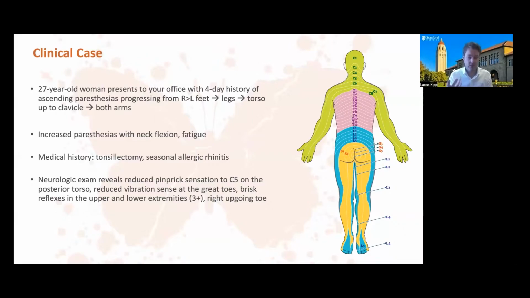Does anyone know what it's called when you bend your neck forward and neurologic symptoms get worse? So this is something called Lhermitte's phenomenon, which also localizes to a problem in the cervical spine. So just from her history alone and her exam, we know that something is going on in her cervical spine. The next question is, well, what do we think it is? And that's where the time course of symptoms is